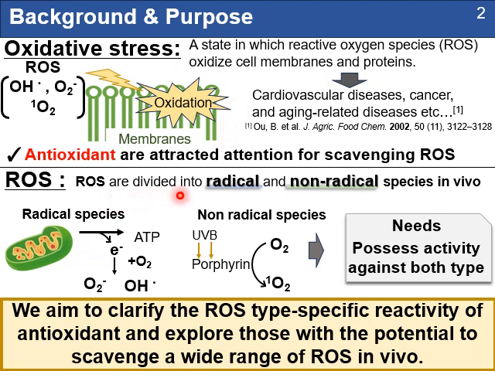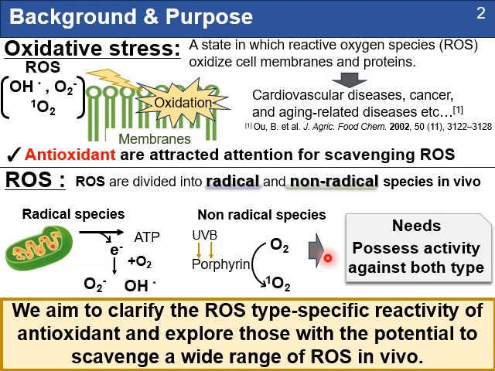ROS are divided into radical and non-radical species in vivo. Radical ROS, like superoxide anion and hydroxyl radical, are mostly made in the mitochondria. Non-radical ROS, such as singlet oxygen, are made when the body is exposed to UV light. Since these ROS have different properties,